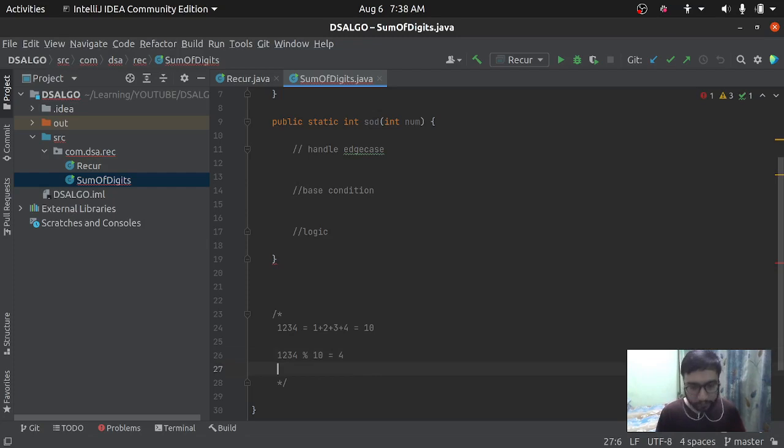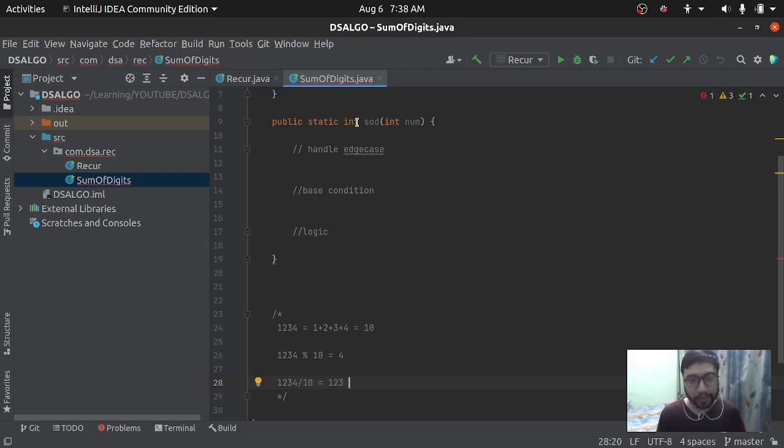So we have got the last digit, and now we need to add this digit to the previous three digits. For this we need to get rid of this digit and proceed with the same approach. So if we divide 1234 by 10, we'll get 123.